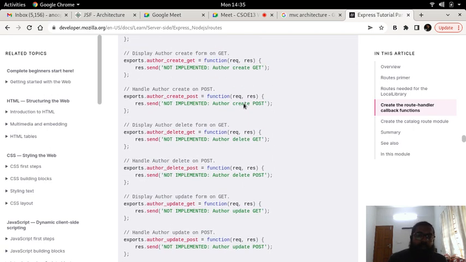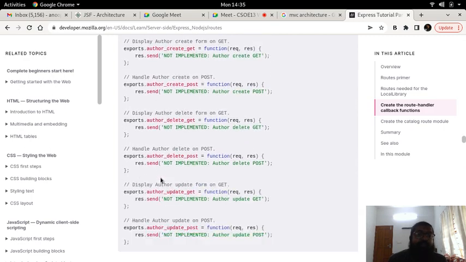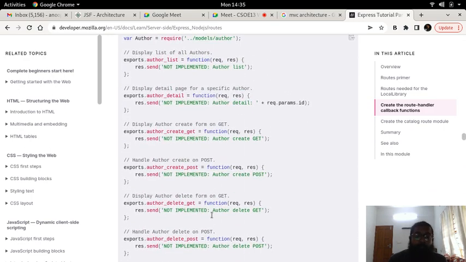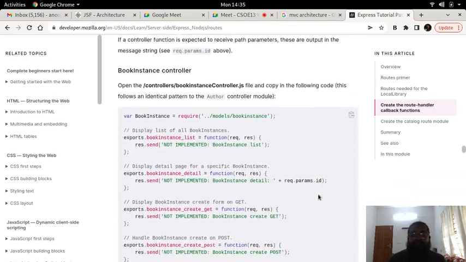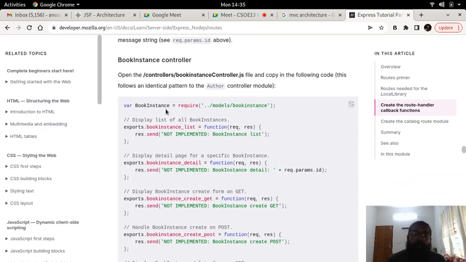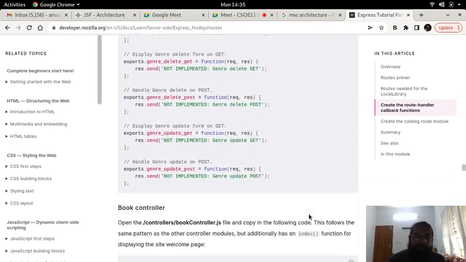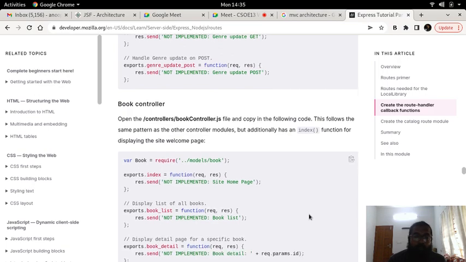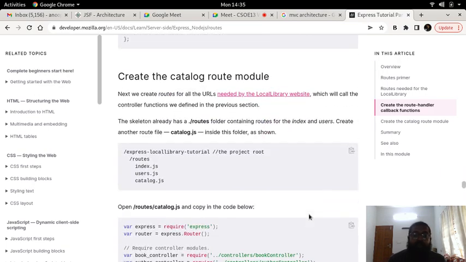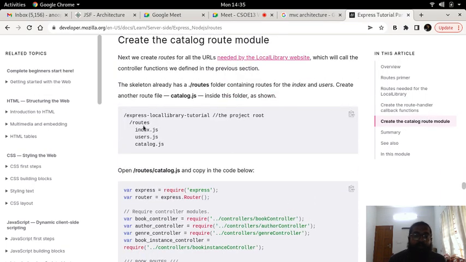Different other attributes or methods are associated with this author controller, and different functions will take care of those actions. In the same way, the book instance controller will also have things like that. Then the genre controller, book controller, and then finally you will have a project path.